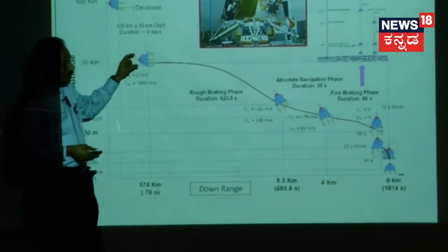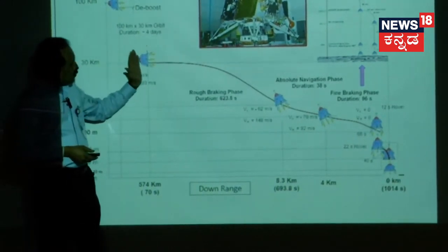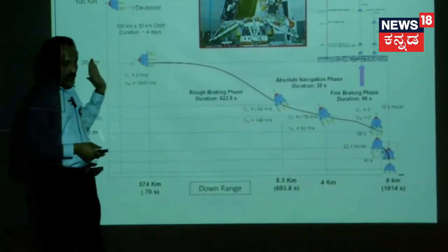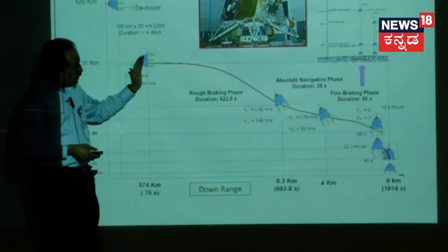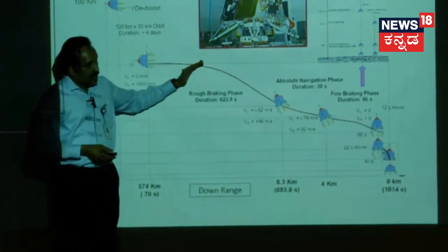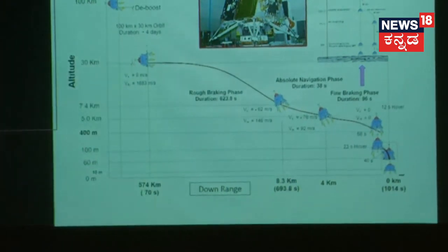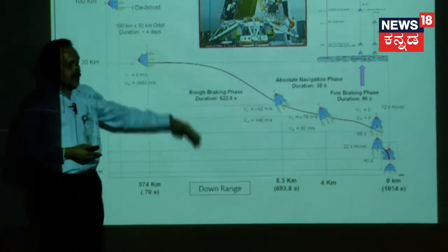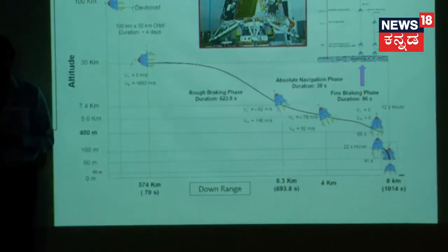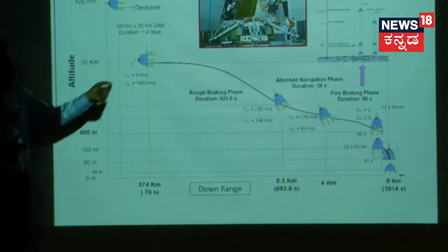The body will be, initially it will be like this. The engines will be firing in a manner which will kill all the horizontal velocity. By the time it travels, it has to slowly turn and reach orientations in which the opposite velocity will be killing both the horizontal and vertical velocity. The moment you kill the horizontal velocity, the vertical velocity will start increasing, and you need to start killing it also. So this trajectory has to be so designed.